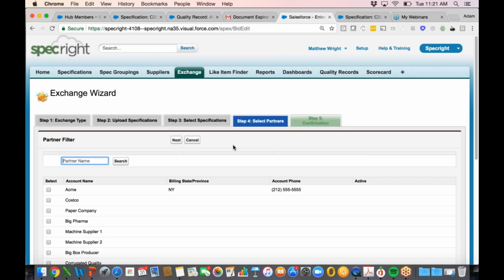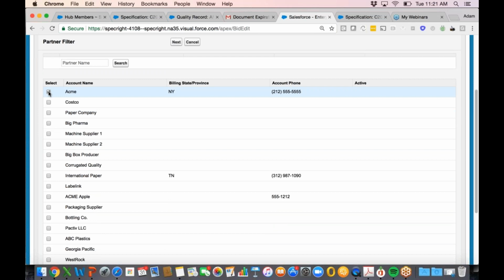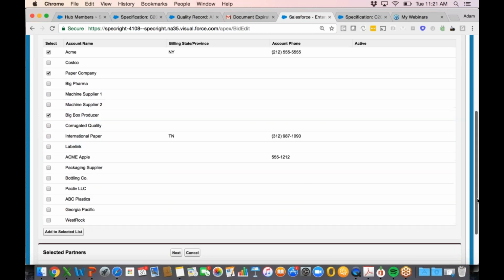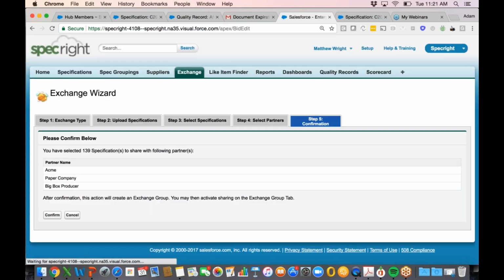Otherwise, on the next step, I choose the suppliers that I want to share this bid with. Each of them will have access to log into the system. And so now this is telling me, do you want to confirm? Do you want to share these 139 specifications with these 3 suppliers? So I confirm that,